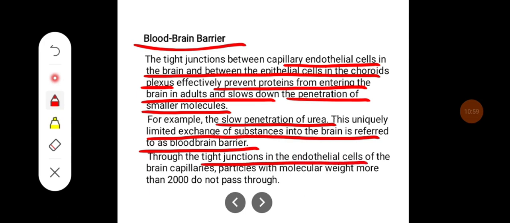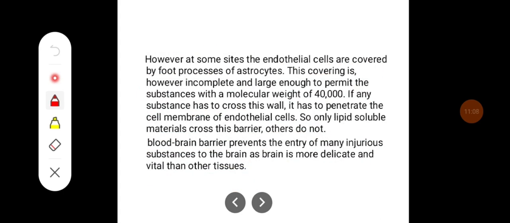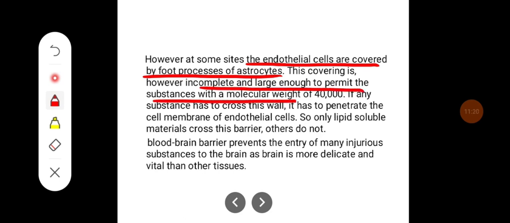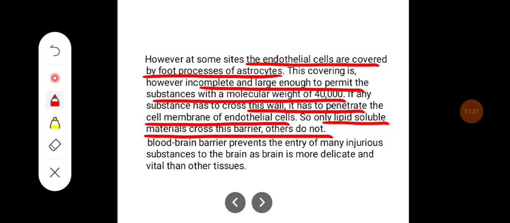Through the tight junctions of the endothelial cells of the brain capillaries, particles with molecular weight more than 2000 do not pass through. However, at some sites, the endothelial cells are covered by foot processes of astrocytes. This covering is, however, incomplete and large enough to permit substances with a molecular weight of 40,000. If any substance has to cross this wall, it has to penetrate the cell membrane of the endothelial cells. So only lipid-soluble materials cross this barrier and others do not. The blood-brain barrier prevents the entry of many injurious substances to the brain, as the brain is more delicate and vital than